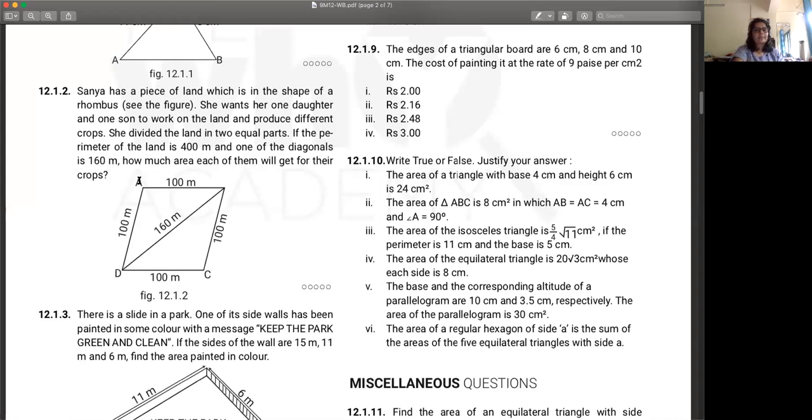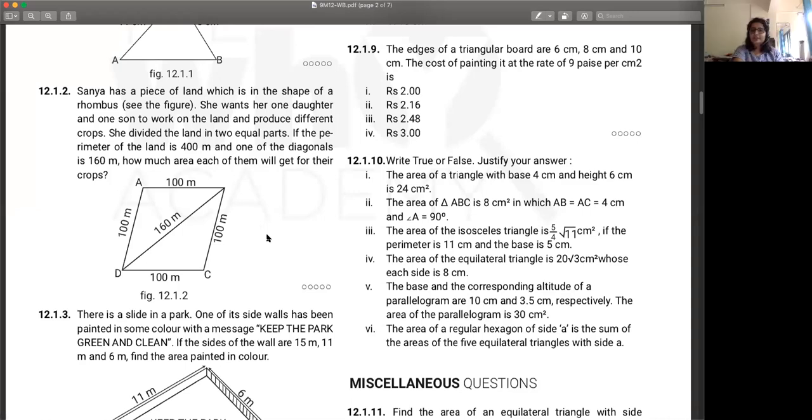One second, I'll just read the question again. Ma'am, can I answer? Give it 2 minutes. I think some of them are submitting. We can use the Pythagoras theorem, right? Where? How? To find half of the diagonal 2 and then double it.